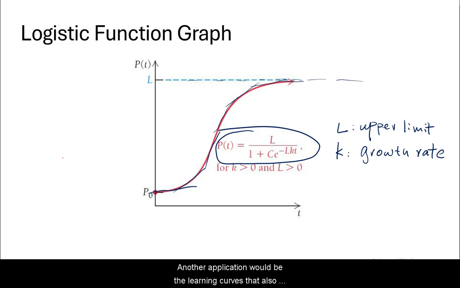Another application would be learning curves, which also follow the logistic function model. If you learn a skill, at the beginning it's hard, and then you grow faster. The skills will improve quickly after a period of time, and then it starts to slow down as you approach